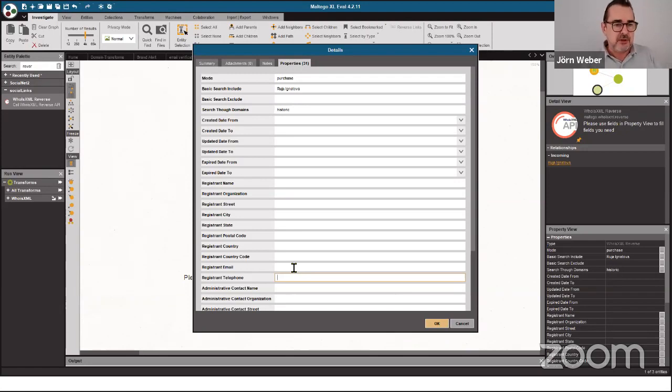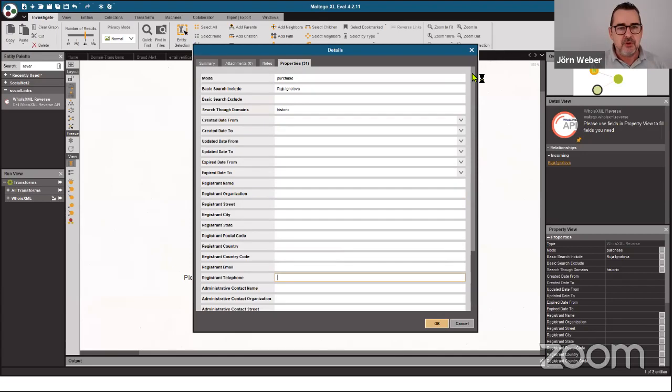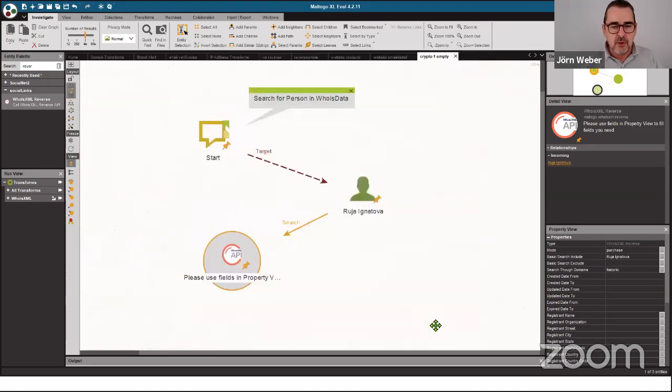I mean, we are dealing with IT systems, so for some things I would recommend using the separate fields here. This is everything that Sonia coded into this entity so that you have the ability to select really precisely what you want. What I want is her domains with a historic view. So everything is entered, right mouse click, and then we have this reverse Whois.